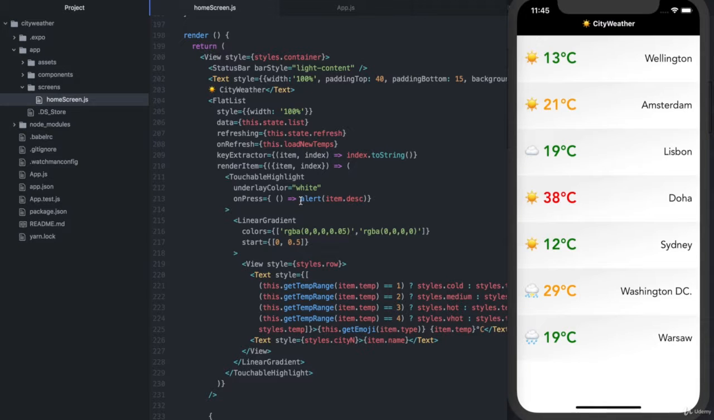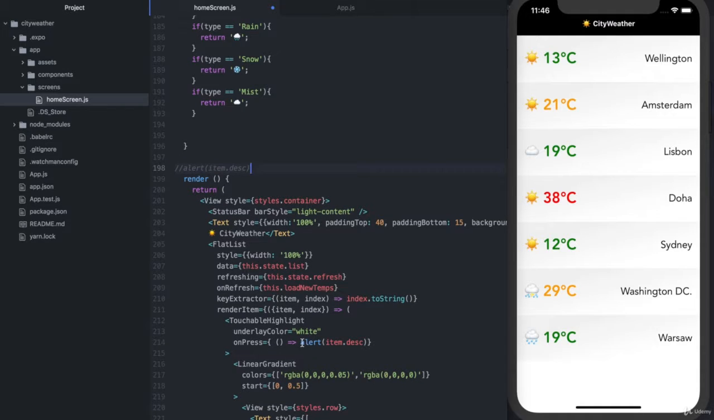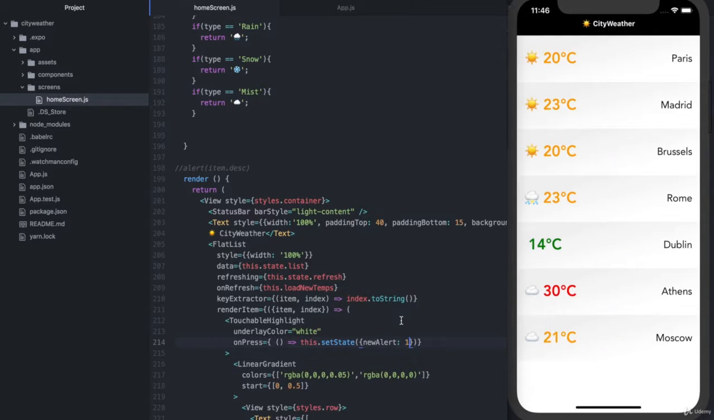So this is where we're calling the alert function. So we'll just take this for now and comment it out up here, just to remember what we've used. So we're going to change this now. So instead of alert, it's going to say this set state, and then we want new alert to be set as 1. So if we now run this again, and then we interact with something, so say this row here, we then